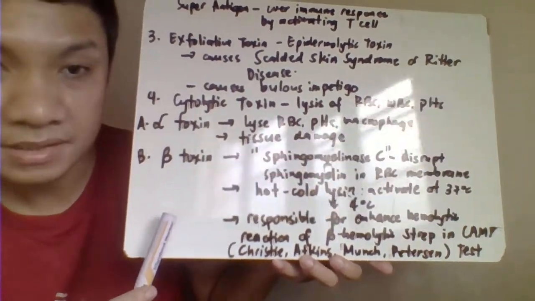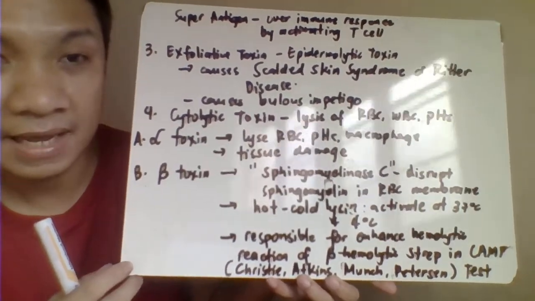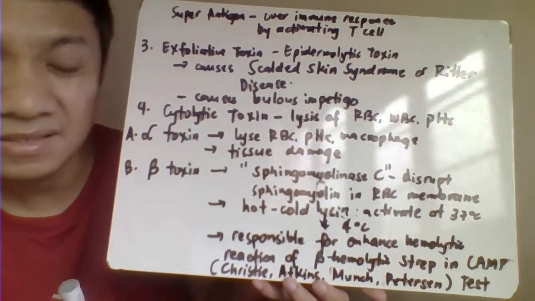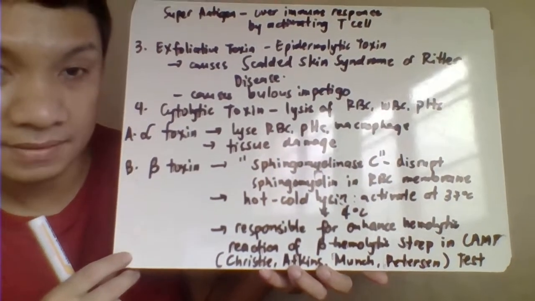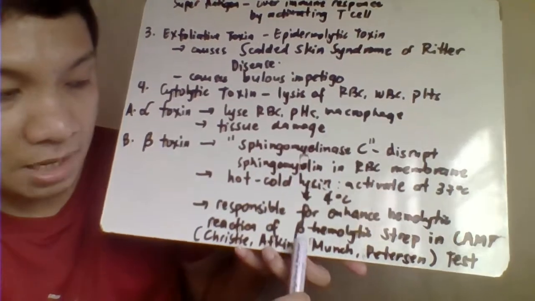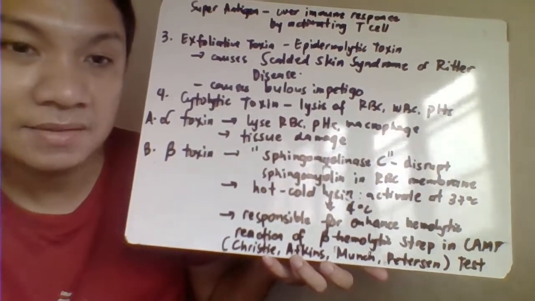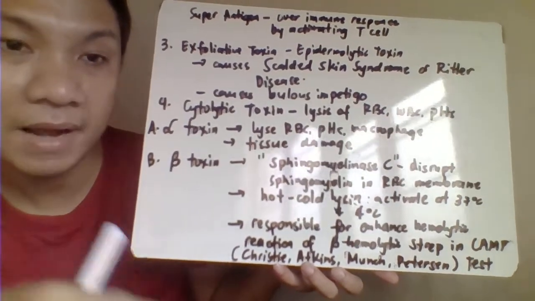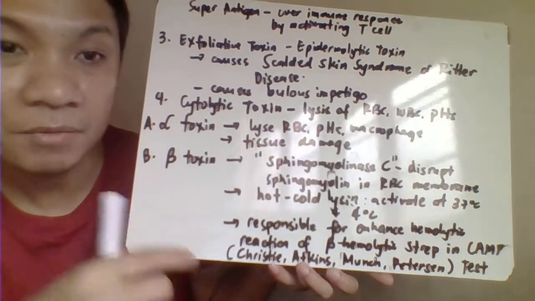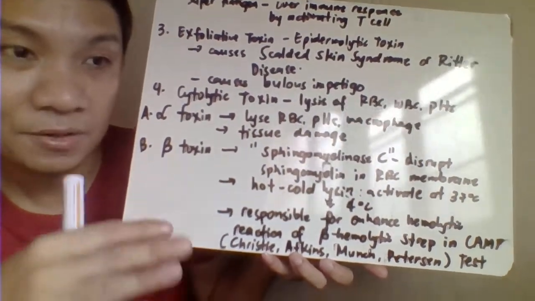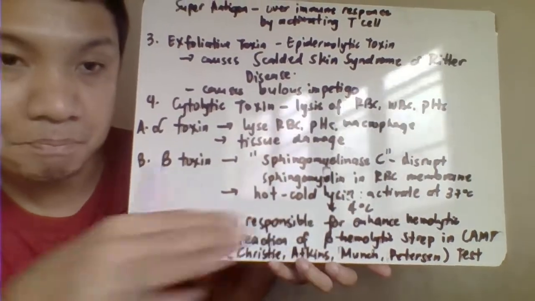Your beta toxin is also responsible here for the enhanced lytic activity, lysis activity of the beta hemolytic strep in your CAMP test. So pag pinasama mong beta hemolytic strep saka itong Staph aureus, nagiging enhance ang kanilang hemolytic reaction with your blood agar plate or your sheep blood agar because both of them contains the beta na lysine. So, beta lysine is Staph aureus, saka beta lysine ni beta hemolytic strep